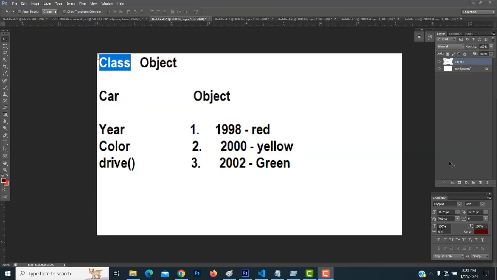Today I am going to teach OOP, which is nothing but object-oriented programming using JavaScript. How to use object-oriented programming using JavaScript. I am going to teach step by step. Right. Now first, before jumping to OOP, we have to know what a class and